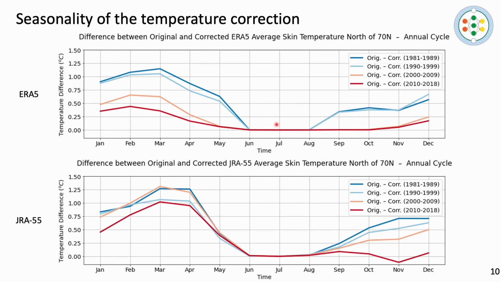We observe that the magnitude of the correction is also reduced in the most recent decades compared to the 80s and the 90s. And this feature can be interpreted by considering that the 2 meter for GRA55 or 1.5 meter for ERA5 constant sea ice thickness assumption in the reanalysis models is a better fit for the current sea ice conditions compared to the past.